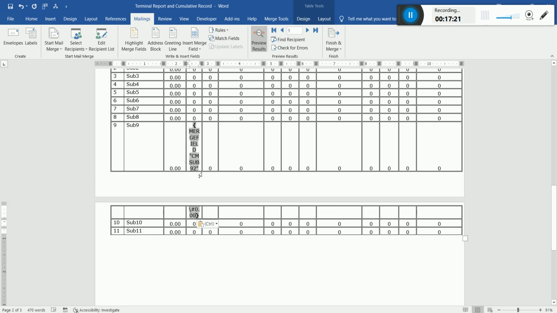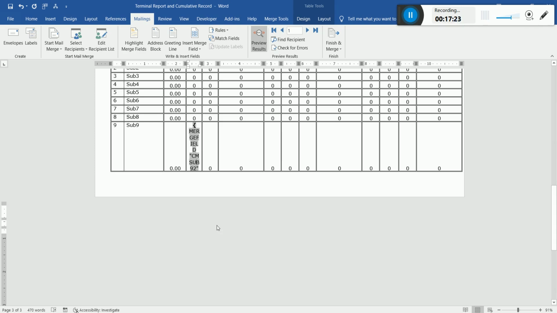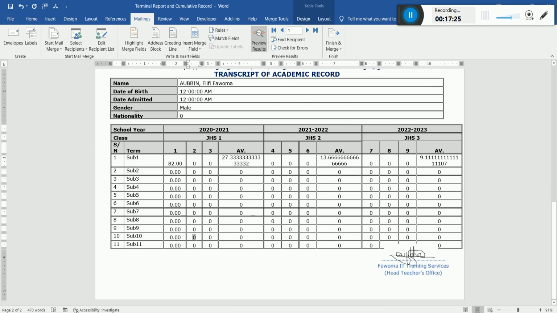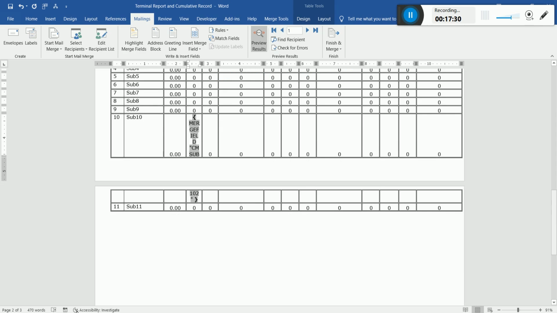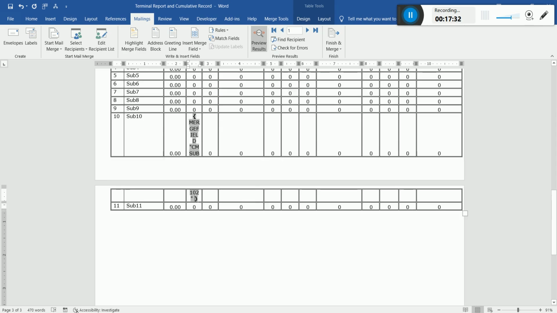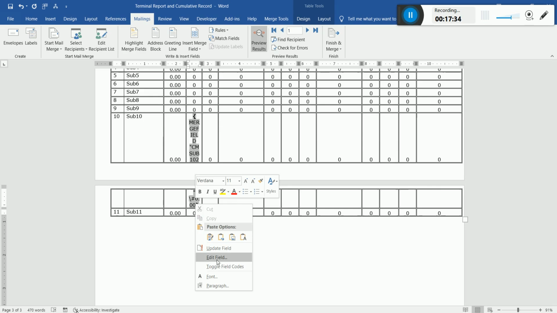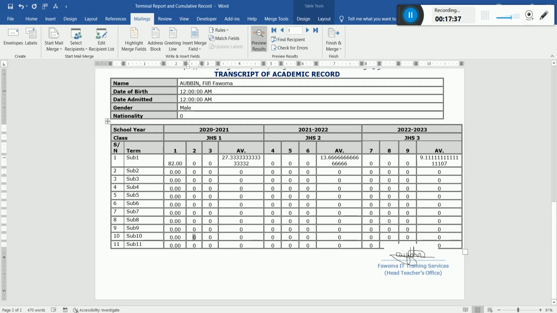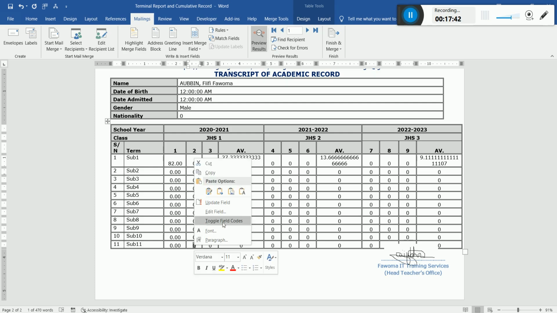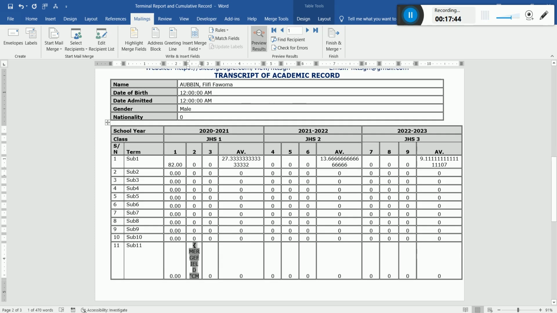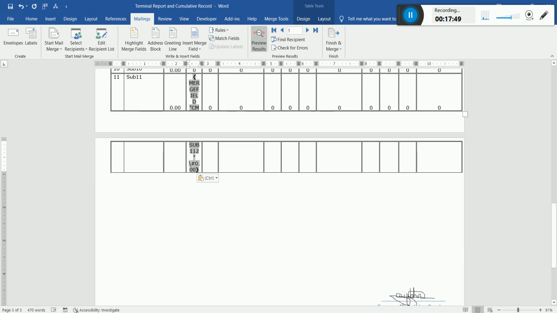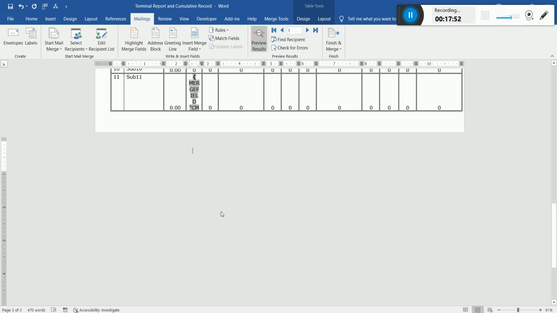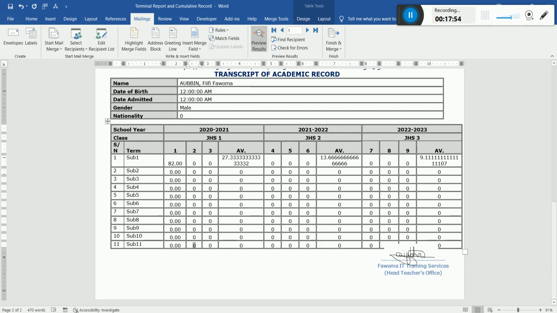Click, paste, toggle filled quotes. Click, paste. And I come in here. Toggle filled quotes. Control V to paste. And I toggle back. So if I move on to the next person,